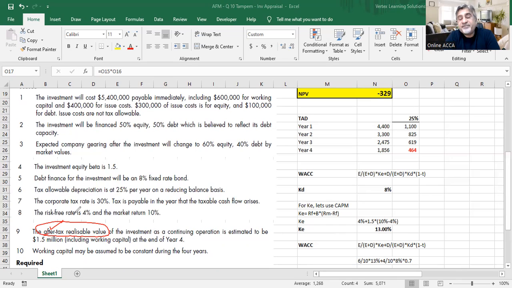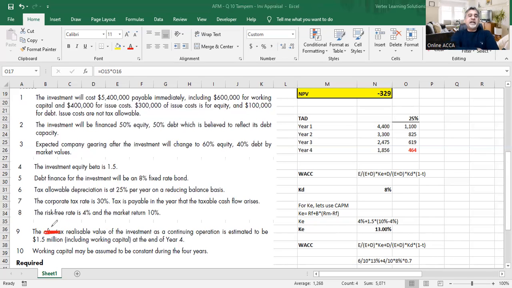Did you get this thing? After tax realizable value, which means that you made a gain on that 436,000, and that gain resulted in some tax liability. So after paying the tax, the net amount is 1.5 million. If they had not given you this word, after tax, if they told you only that, let's suppose I remove this word,